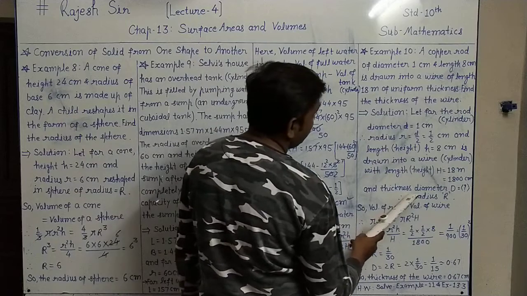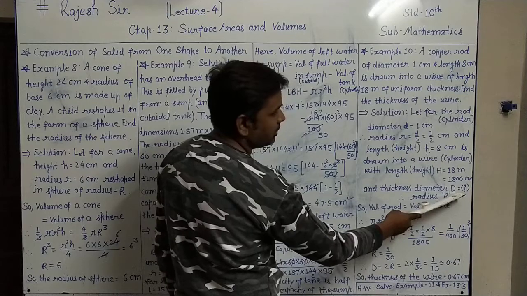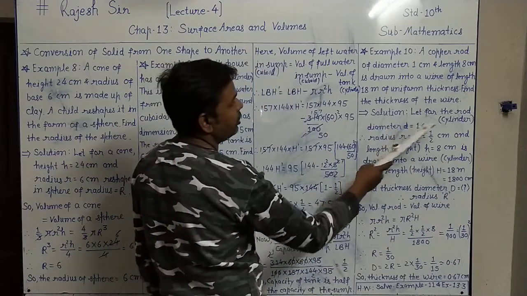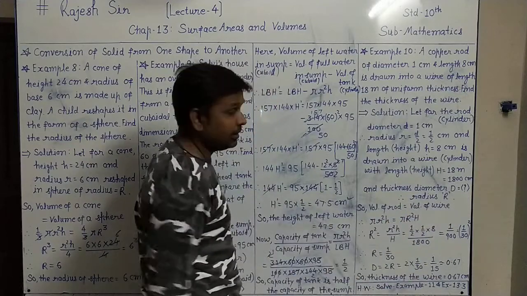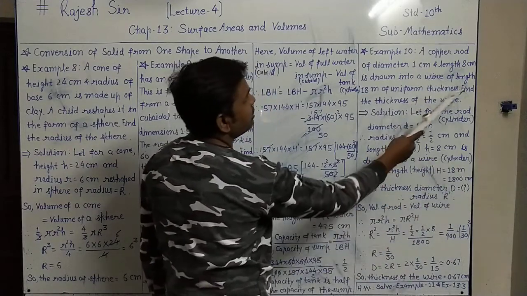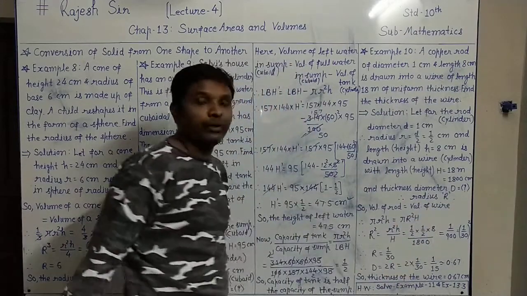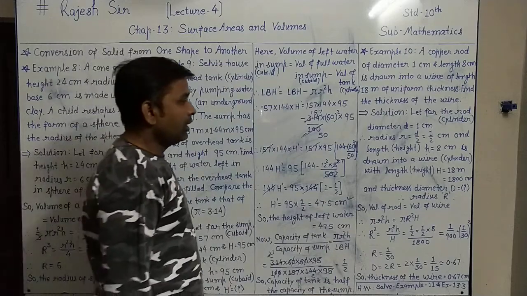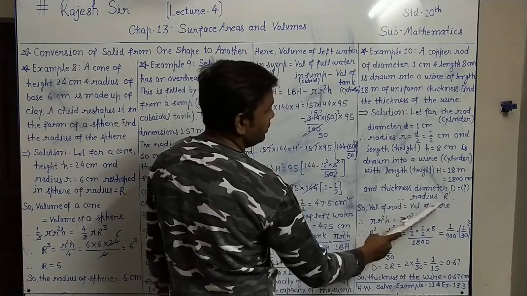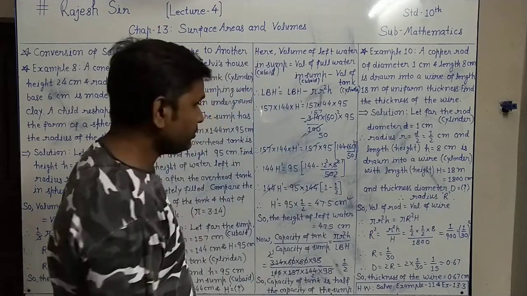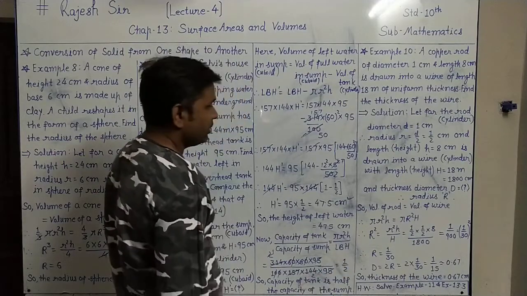And the thickness of the wire, that means the diameter, is capital D, because the diameter of the rod is small d. So the diameter of the wire is capital D. That we want to find out. The thickness of the wire, that is the diameter of the wire, capital D, we have to find in this question. And if the diameter of the wire is capital D, its radius we will take as capital R, and that will be D by 2.